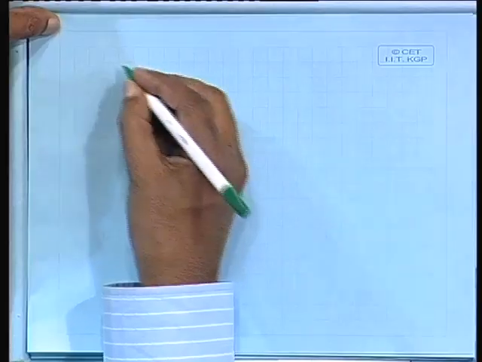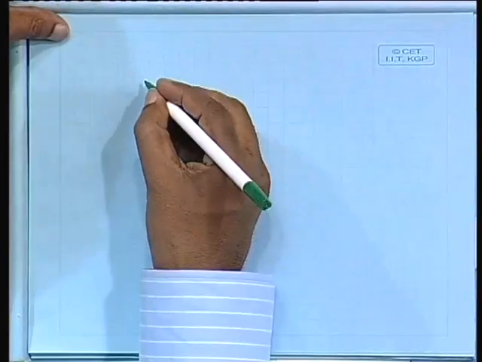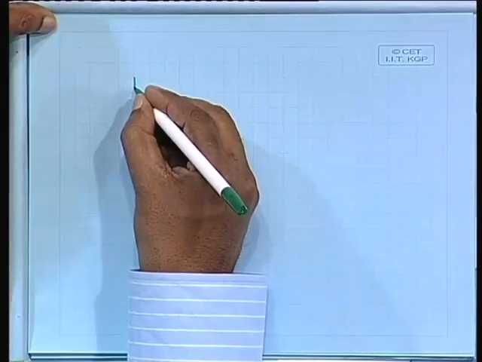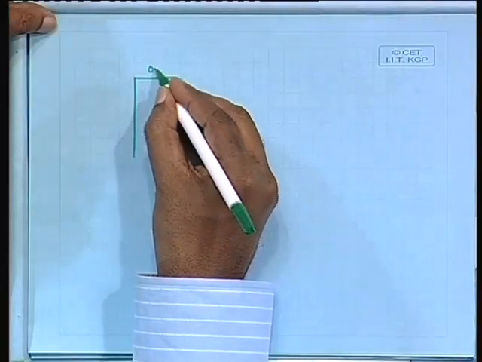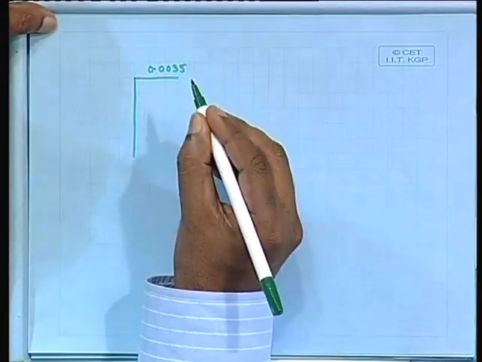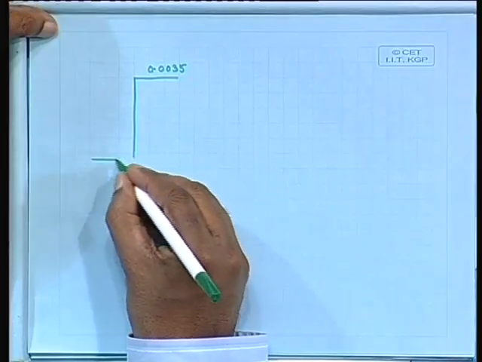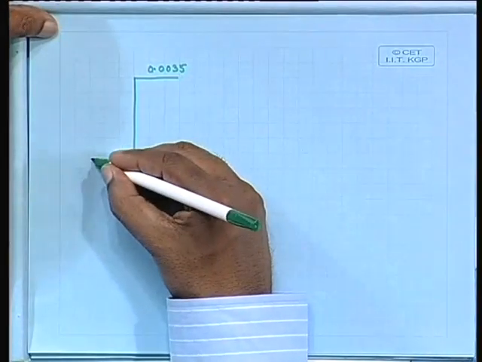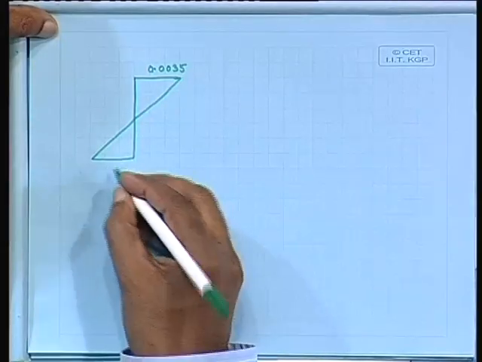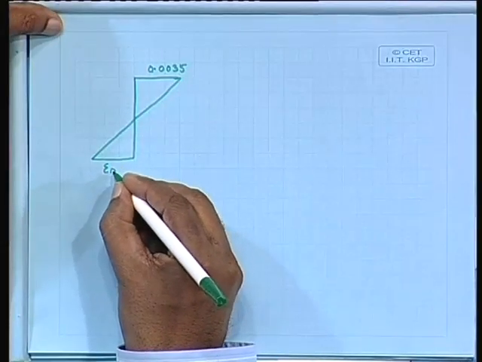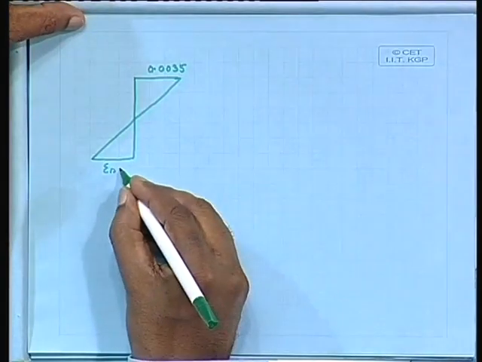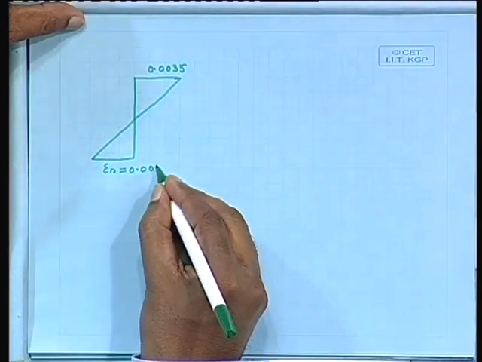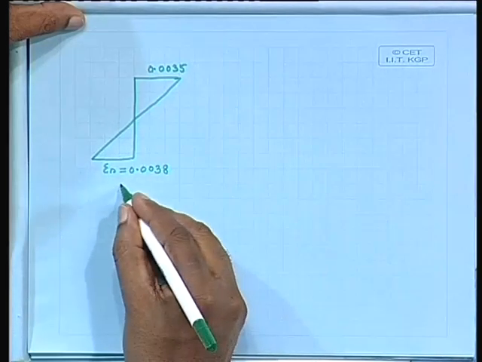So, let us take one by one. Let us do another part. Let us see from the strain point of view. Our strain in concrete permitted is 0.0035 and epsilon s, depending on different steel, we shall get different strain. For Fe415 we shall take 0.0038, let us say